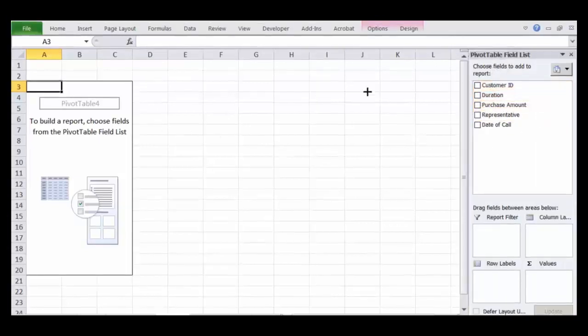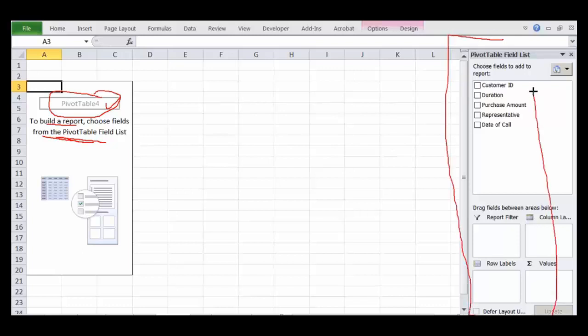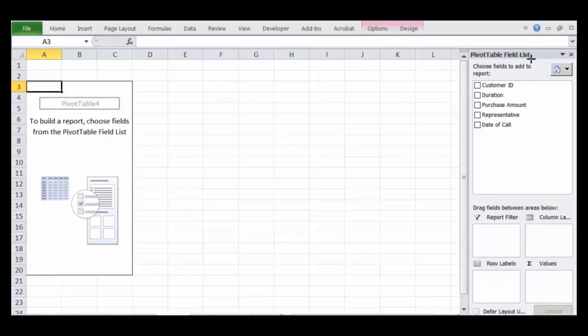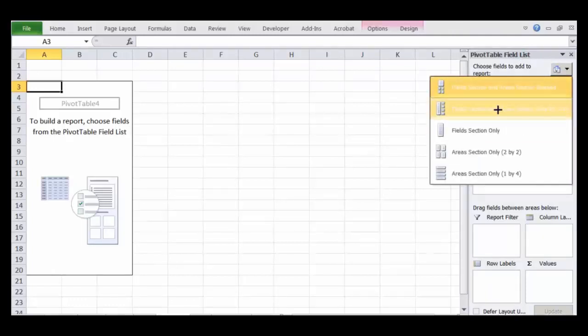So you find here the pivot table is created. One thing you will notice is that this is the name of the pivot table, pivot table 4. They're saying that to build a report you have to choose the pivot table fields. So this is your pivot table field list. This is the default layout in Excel. If you want to change the layout, you can. You can choose field section and area section side by side.